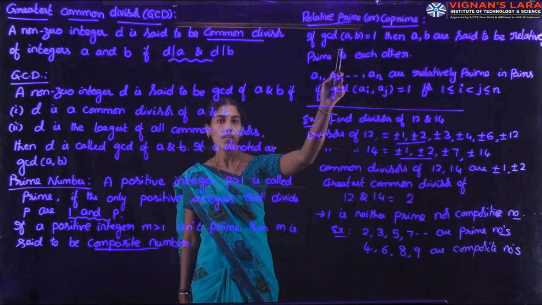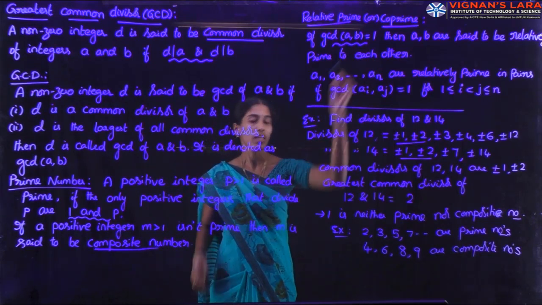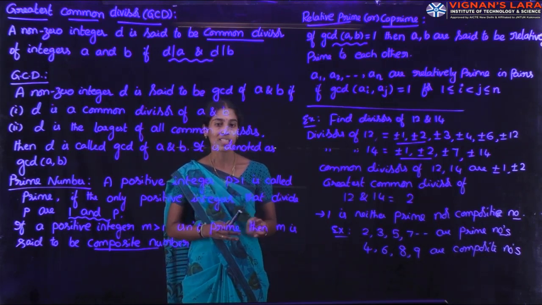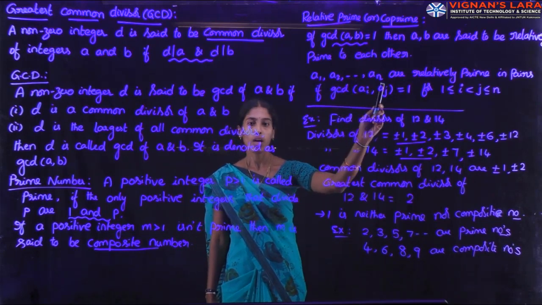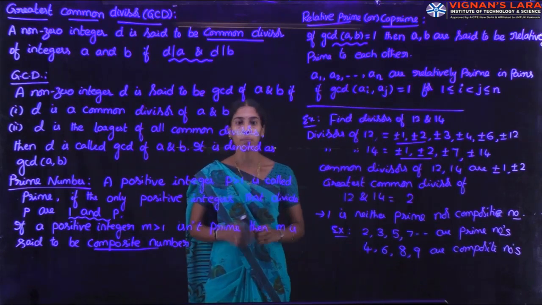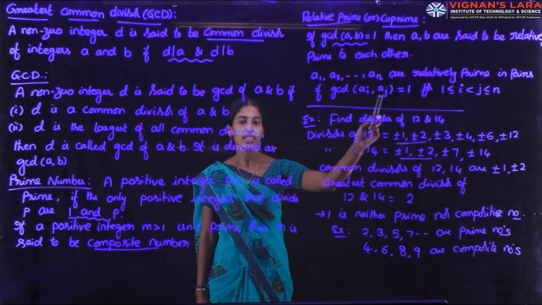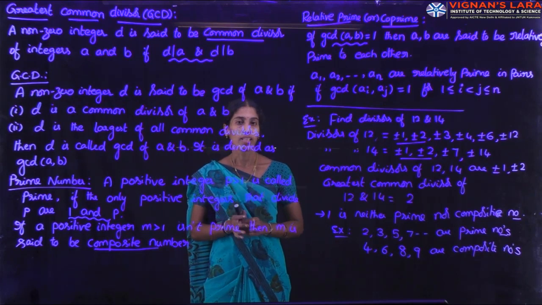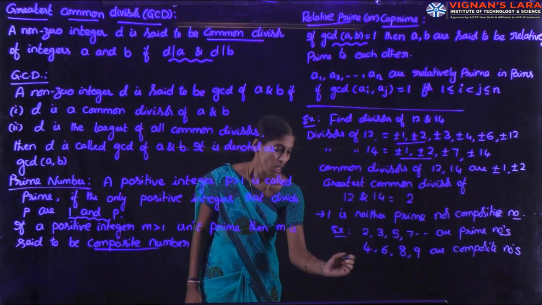If GCD of A comma B is equal to 1, then those two numbers A and B are called relatively prime or co-prime or prime to each other. A set of numbers A1, A2, and so on up to An is said to be relatively prime in pairs if, what is the condition? Their GCD is equal to 1. If we consider any two numbers and their GCD is equal to 1, then we say that that set of numbers is relatively prime. So if we take